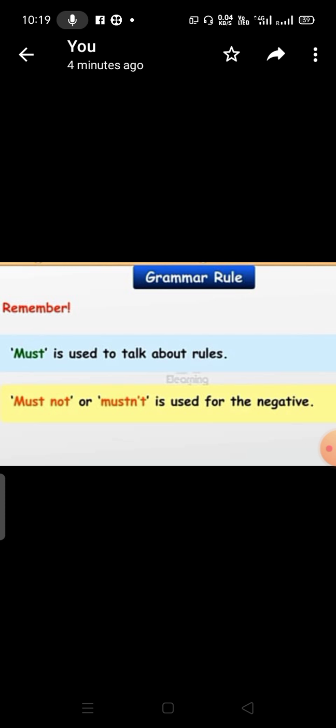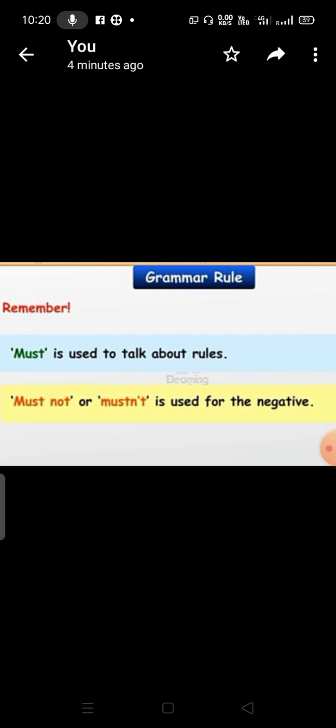Before doing the revision of chapter 4, I want to take a quick review of chapters 1, 2, 3. Chapter 1 grammar is articles. We use a or an when we talk about something for the first time. Articles are a, an, and the. We use a before singular nouns beginning with consonant sounds. We use an before singular nouns beginning with vowel sounds. Vowels are a, e, i, o, u. We use the when everyone knows what we are talking about.